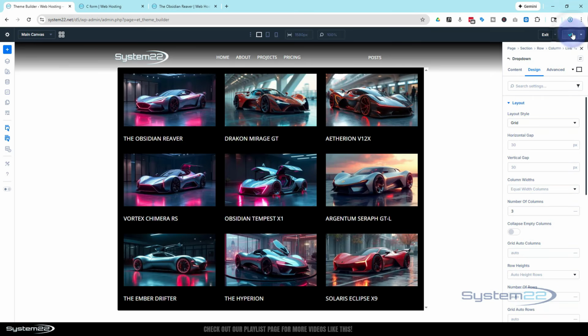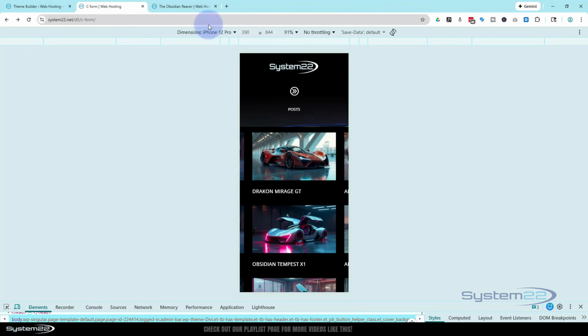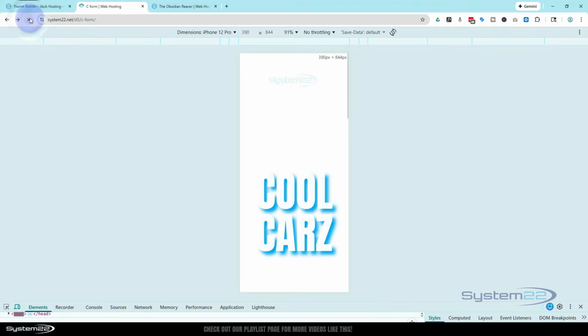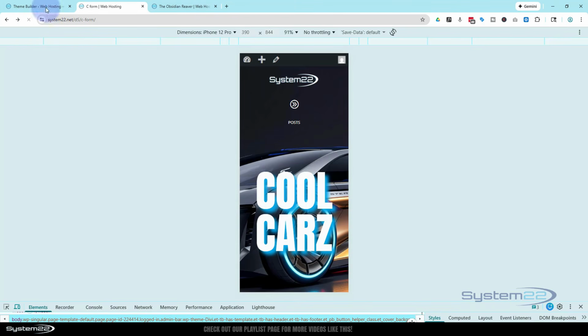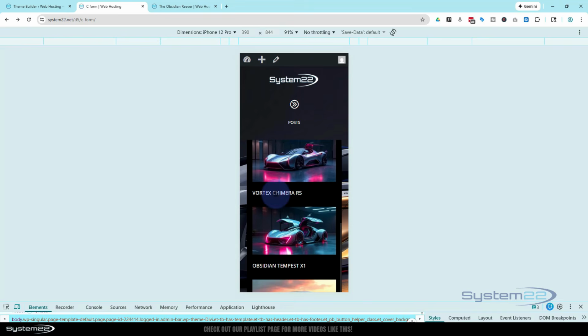Again, we'll resave, exit, make sure everything's saved here. Go back to our page. Let's refresh it now. And here we have it. If we tap on our post, there it is right there. We can scroll down,